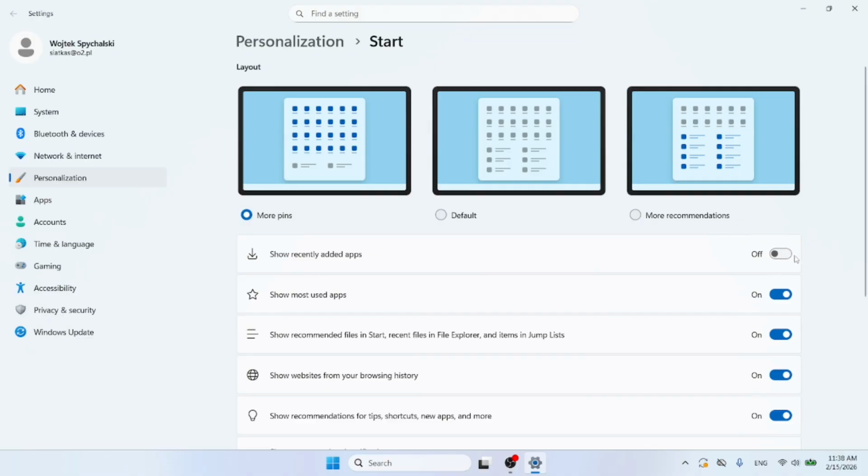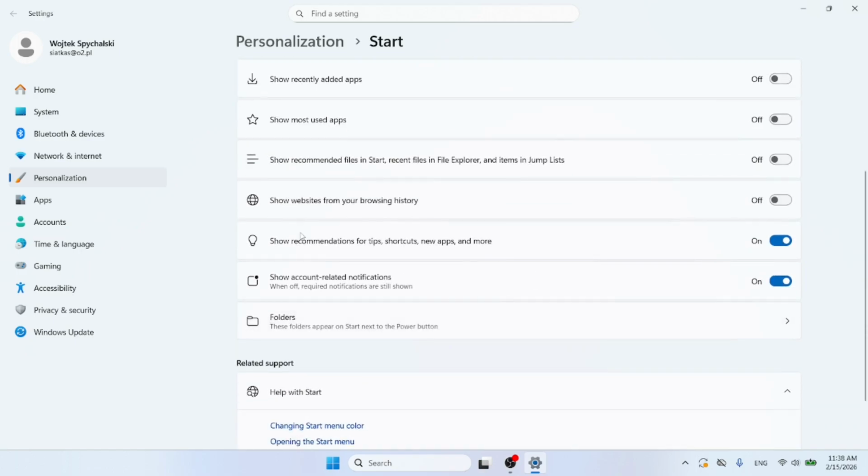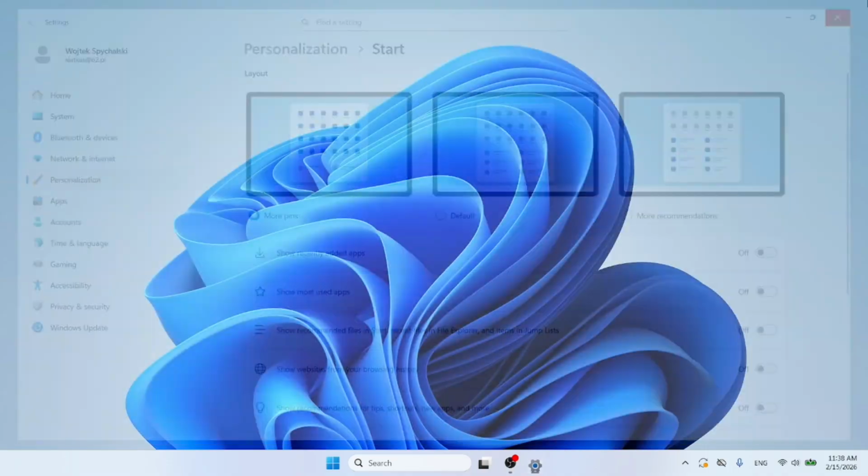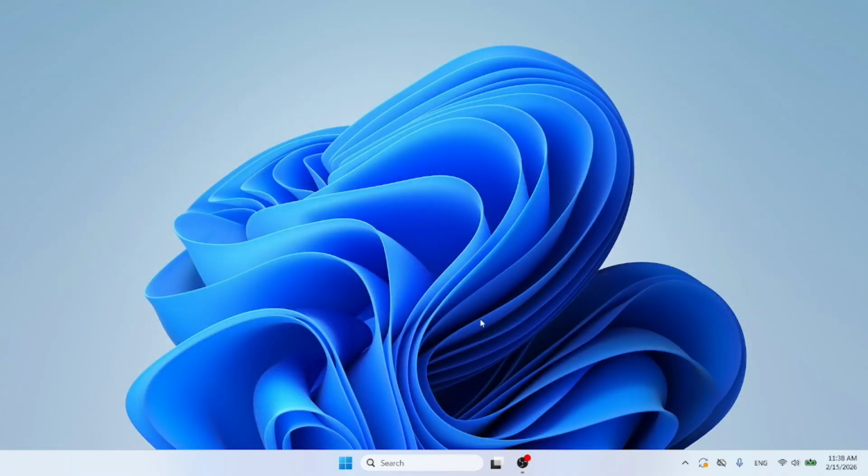So I turn it off. I need to turn off Show most used apps. I need to turn off Show recently added apps, Show recommended files in Start, recent files in File Explorer, and items in Jump Lists. And I need to disable this option, Show websites from your browsing history, and I need to uncheck the last two options too. After that, I close this window, and if I go back to the recommendations section, I will